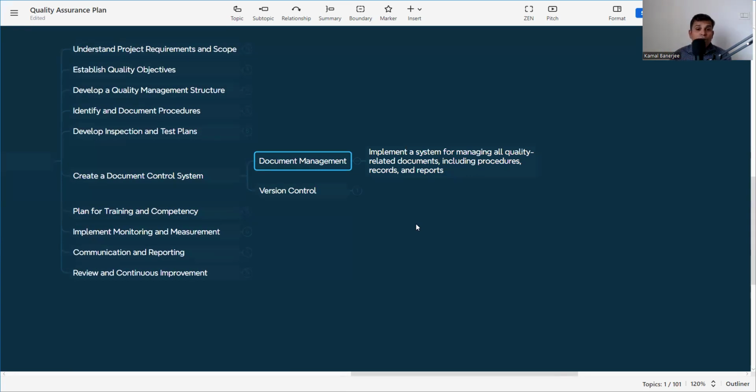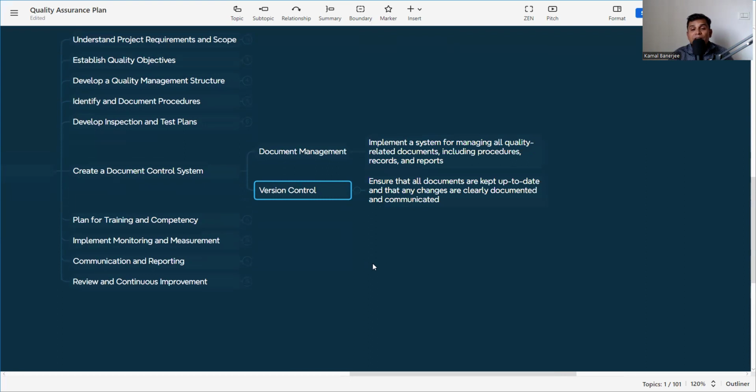That is the protocol, how to maintain and how we'll keep it. Maybe the mother copy or the main copy should be in the office, and then control copies to be distributed to the concerned people. So how this document is to be managed and distributed, that system is to be in place, and it is to be mentioned in the quality assurance plan.